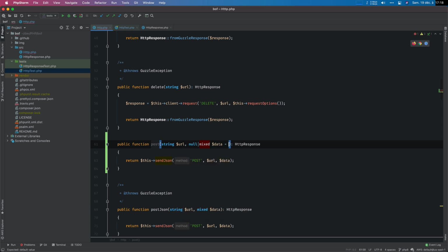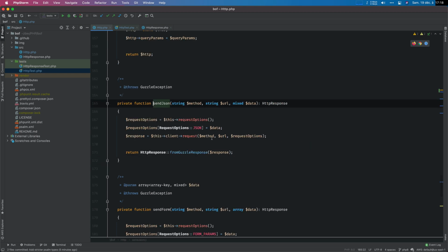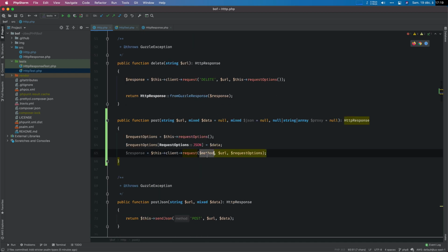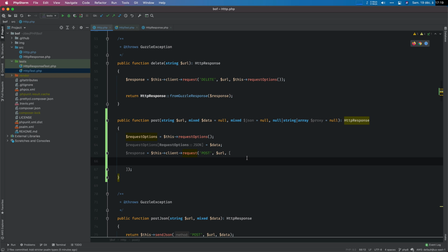Oh, wait. I see some problems here. Let's make that optional. Yes, mixed allows null, obviously. Let's use the JSON parameter. Let's use proxy parameter. All of that. And then what we can do is, so the method will be post, the URL is that, and request options will be an array that could contain,